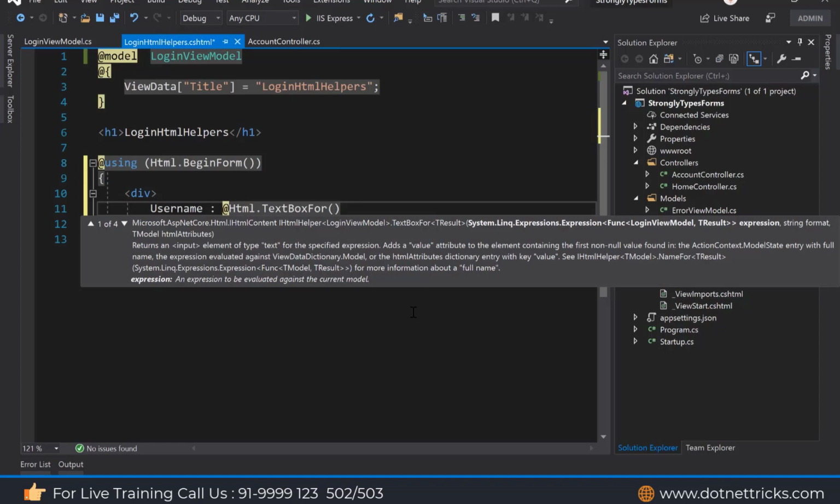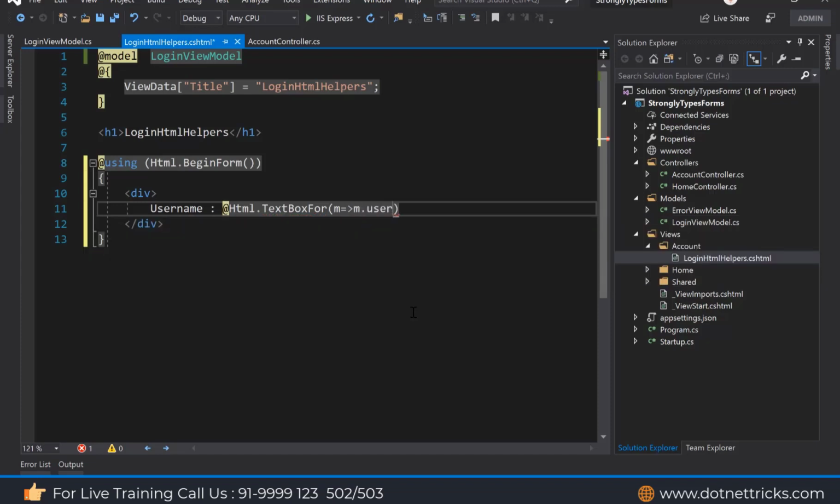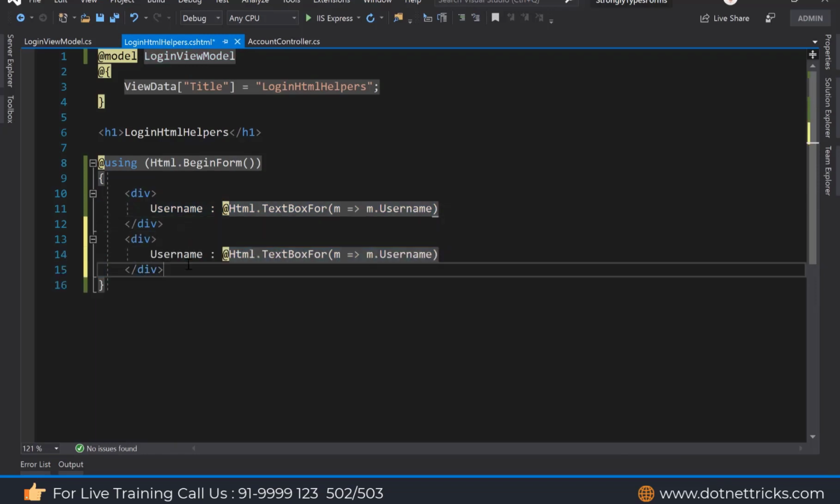In the TextBoxFor, with the help of a lambda expression, we can create a text box for the username and password properties. Let's use m for model, then the lambda operator, then m.Username. In this way I can create a text box for my Username property. Same way I can create it for password also.